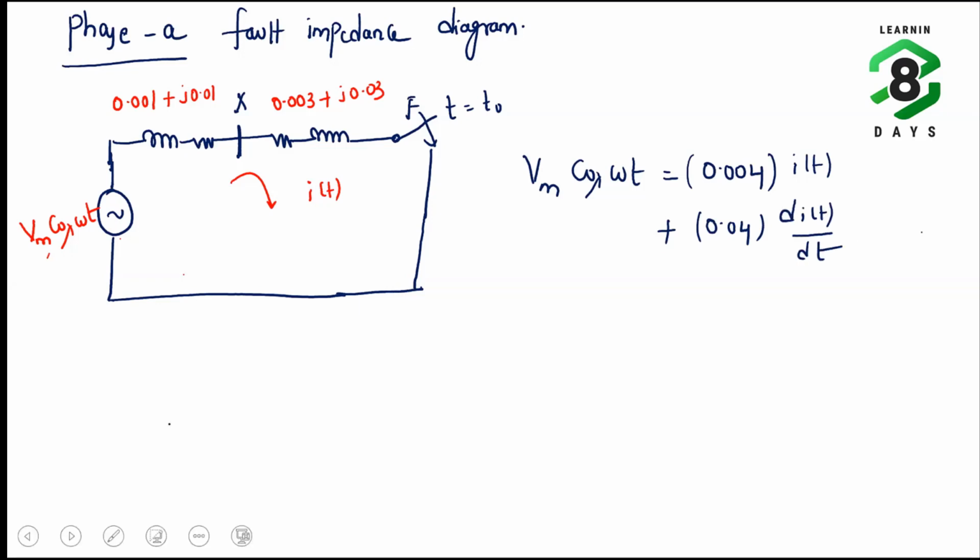So to make our life easy, let us call this the total series resistance R and total inductance L. So Vm cos omega t equals R into I of t plus L into